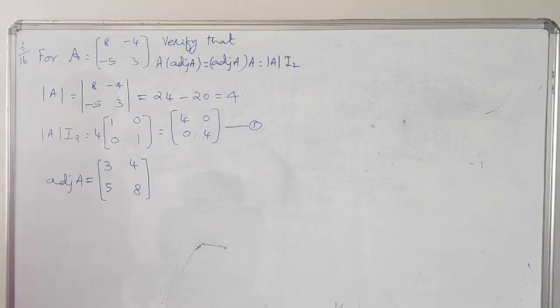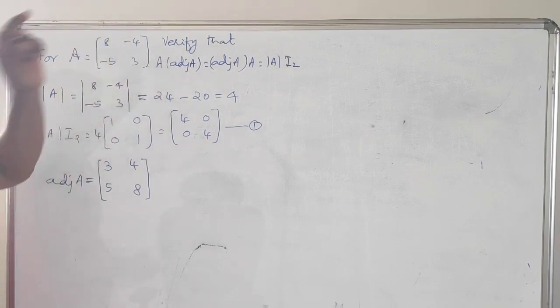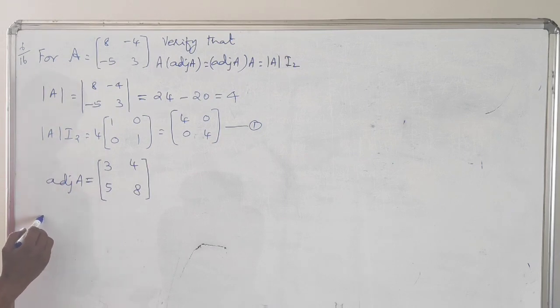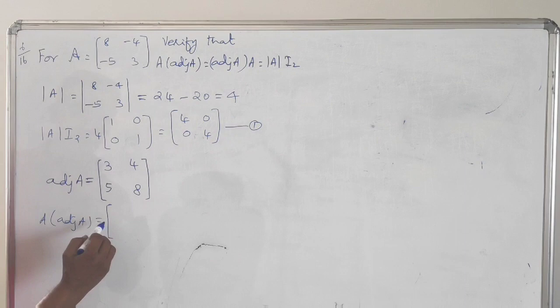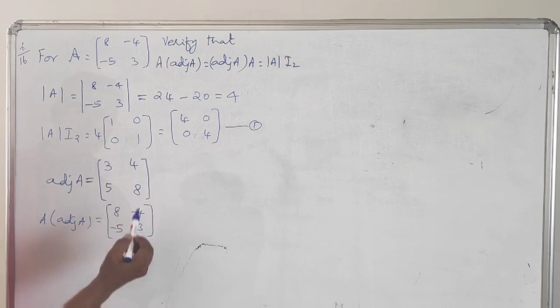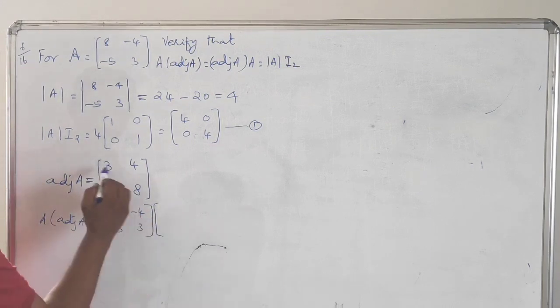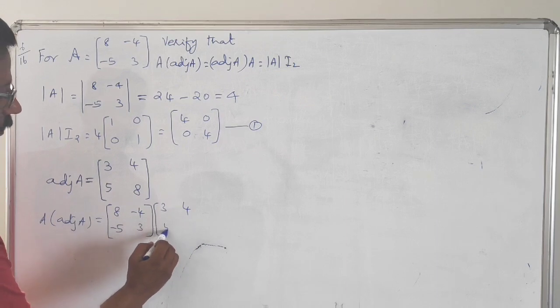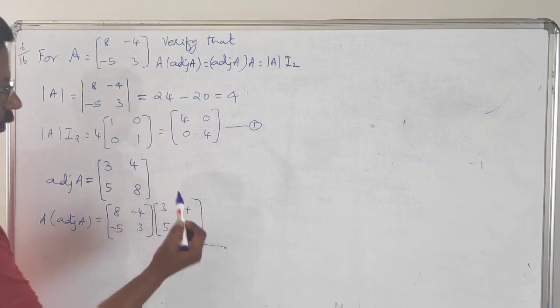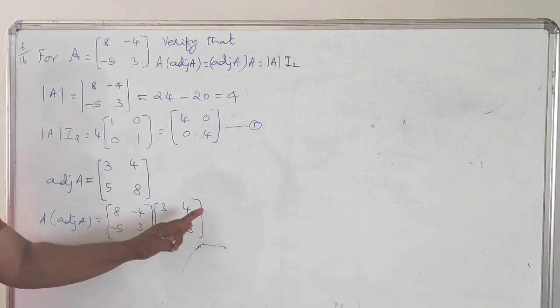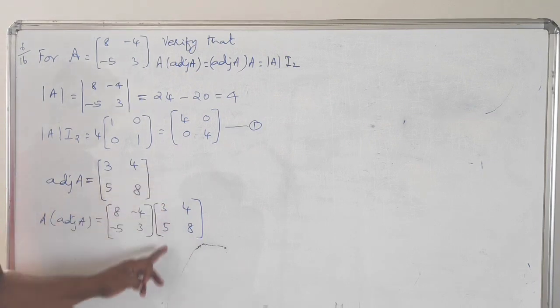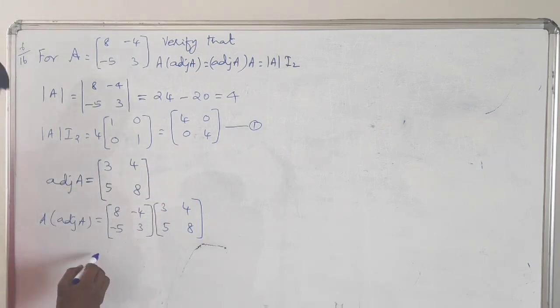Now after that we have to multiply this adjoint A with A. Therefore you can say A into adjoint A, which is equal to the matrix A, which is 8, minus 4, minus 5, 3, into what is adjoint, 3, 4, 5, 8. Now after this we can multiply these two. This multiplication can be done by the row and column method. Therefore we can find this product as